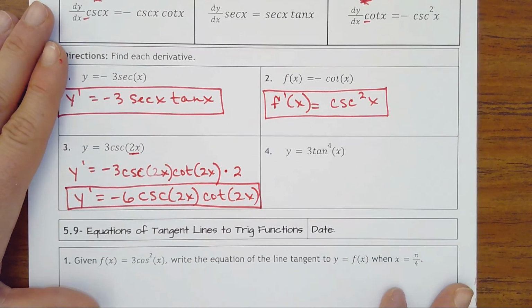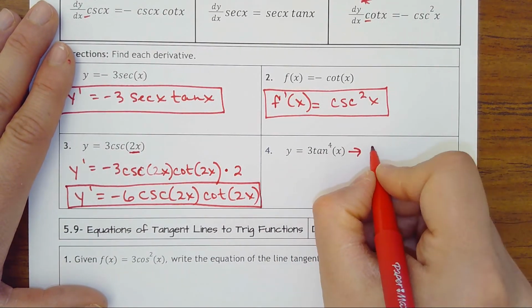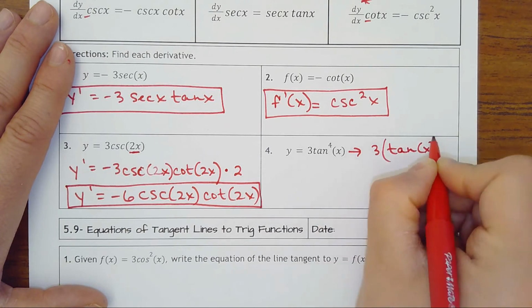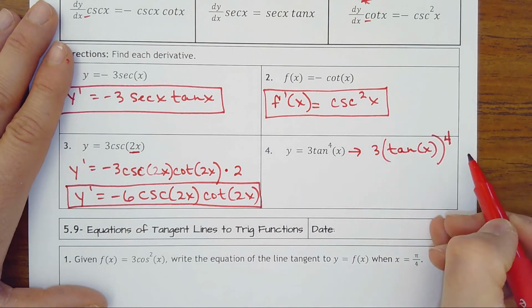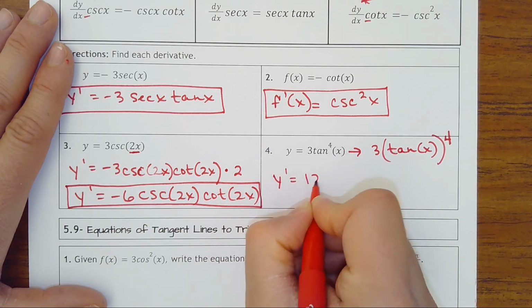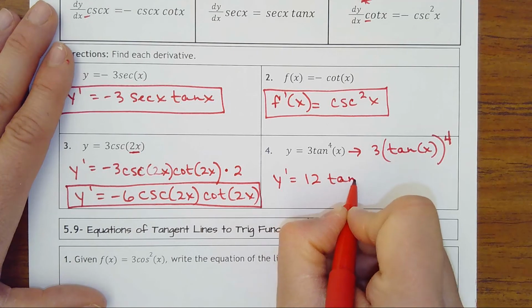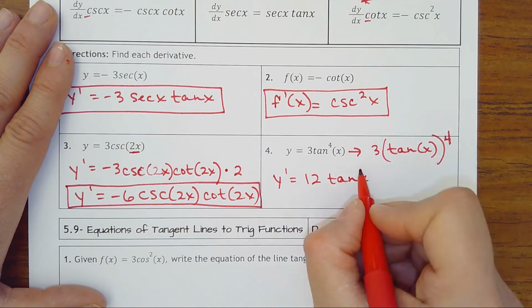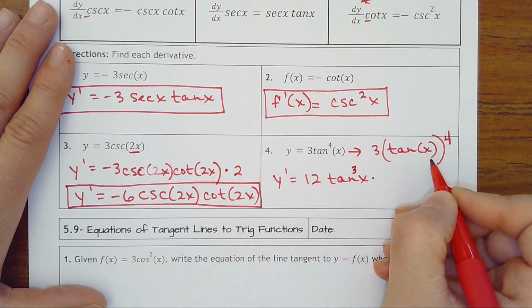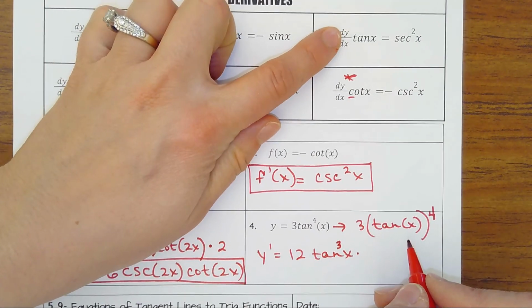And number 4. I'm going to rewrite this to where it's 3 times tangent of x to the 4th power. So we have a chain rule here. I'll have to take 4 times 3, which is 12 tangent of x to the 3rd power. I can put it here. And then times the inner part's derivative: tangent of x, which is secant squared